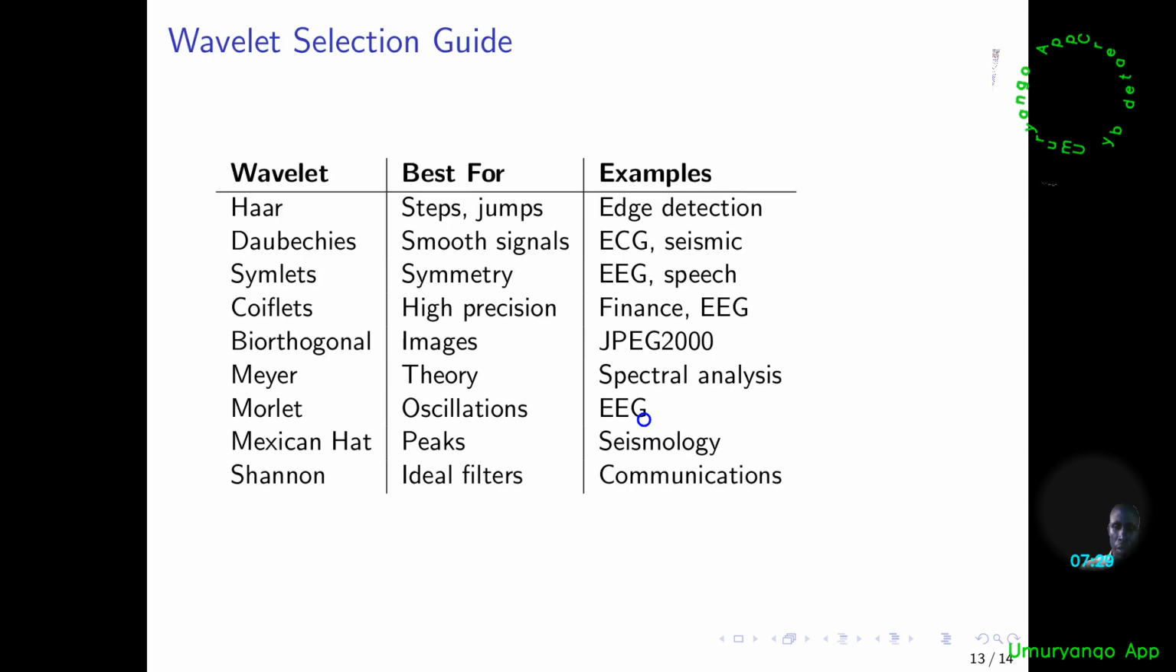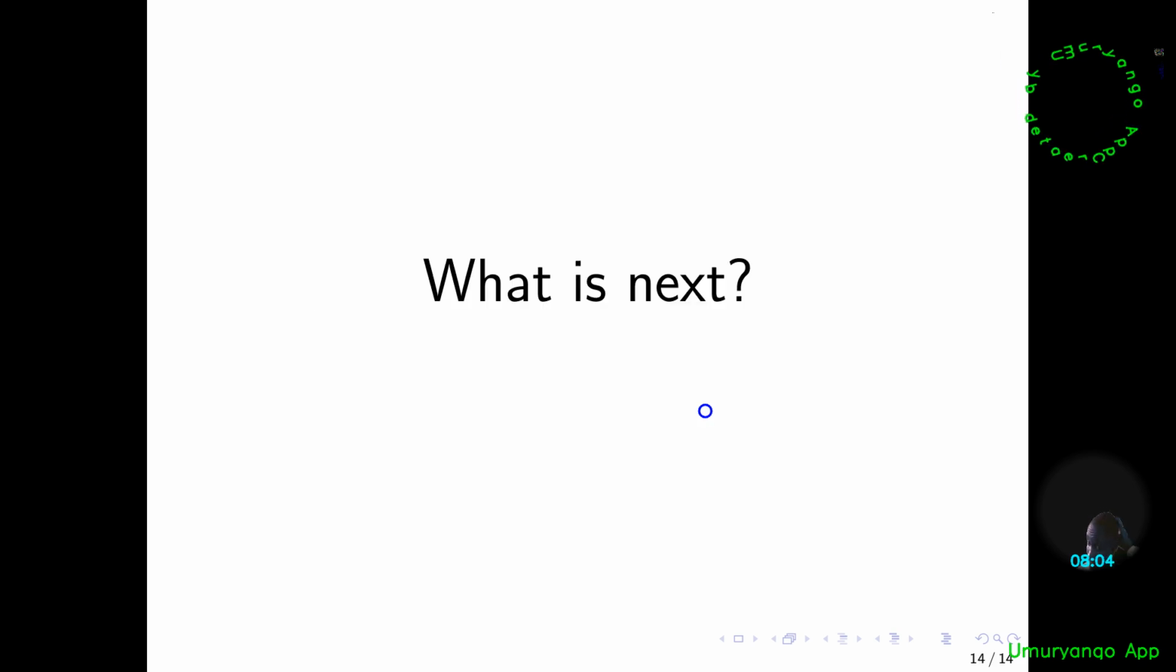Wavelet selection. To select a wavelet, you can be guided with this table. For example, Meyer is the best fit for theory and spectral analysis, and the Morlet wavelet can be used to analyze EEG signals, and the Mexican hat is best to detect the peaks in seismological signals. What is next? As application of this